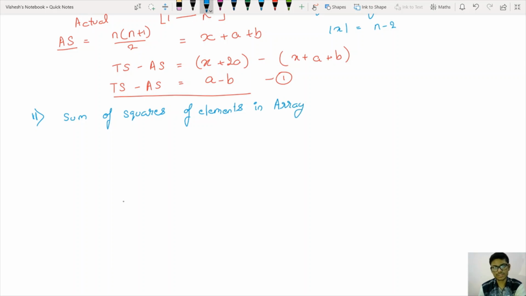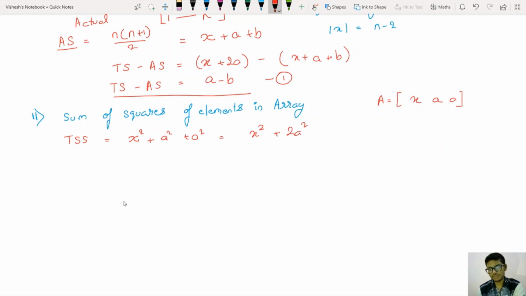So now what would this be? As we are seeing, our array A is x, a, a. So what would be the sum of squares of elements present in this given array? Let's call it the total sum of squares, TSS. So it would be the sum of squares of all the elements in this set, x square plus a square plus a square. So it would be nothing but x square plus 2a square.